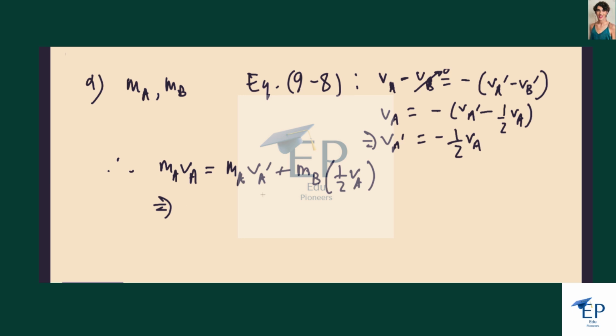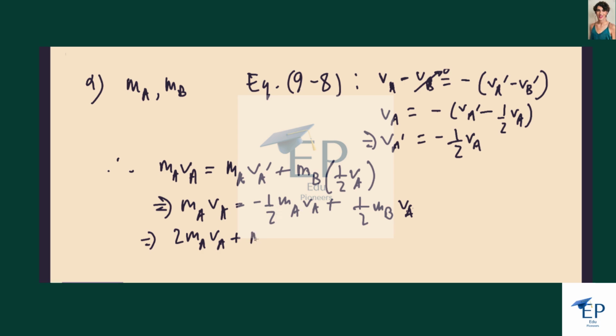VB prime is 1/2 of VA, and VA prime is negative 1/2 of VA. So MA VA is actually negative 1/2 MA VA plus 1/2 MB VA, I should say. We multiply both sides by 2, and what we get is 2 MA VA, bring this term out to the left, plus MA VA is equal to MB VA. Therefore,